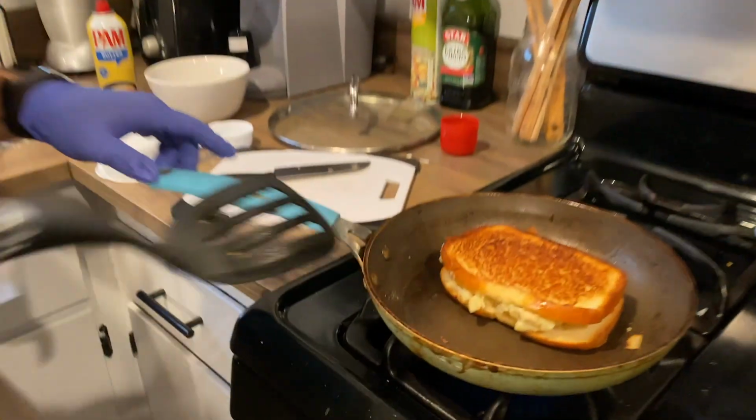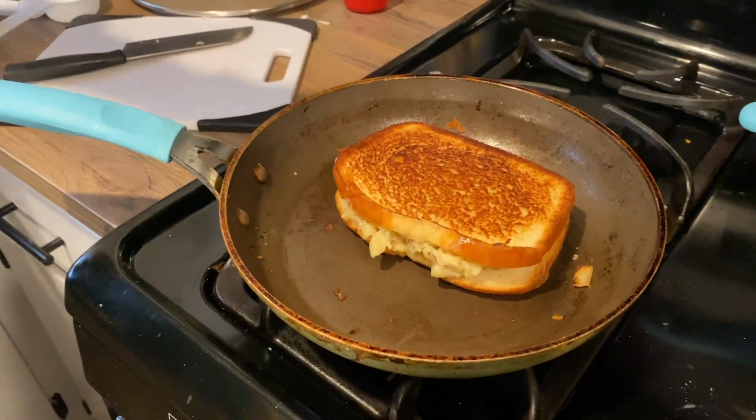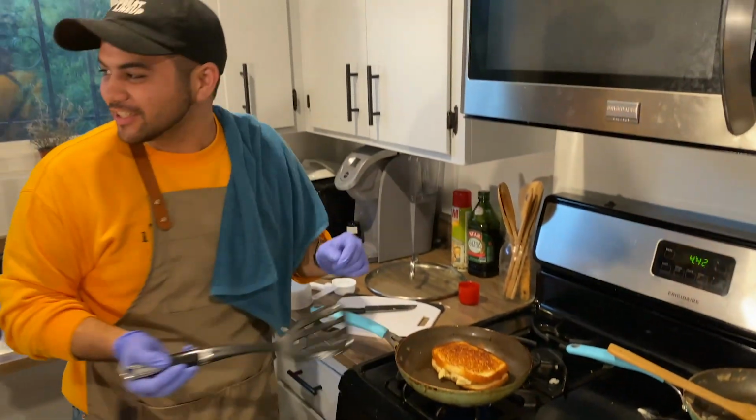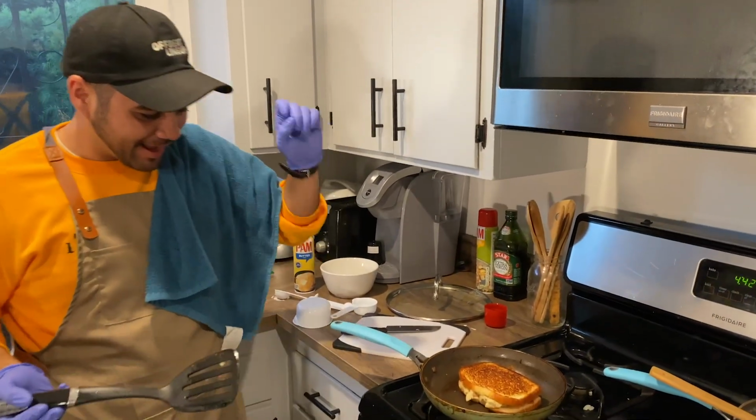Look at that! I think that might be like the most golden brown grilled cheese that I've ever done. That is